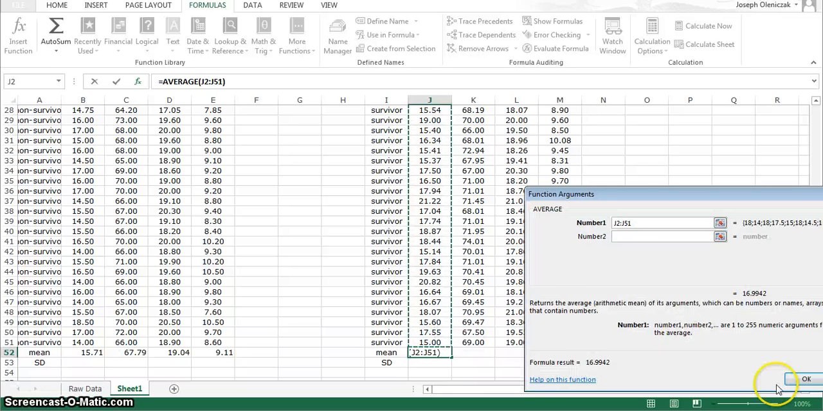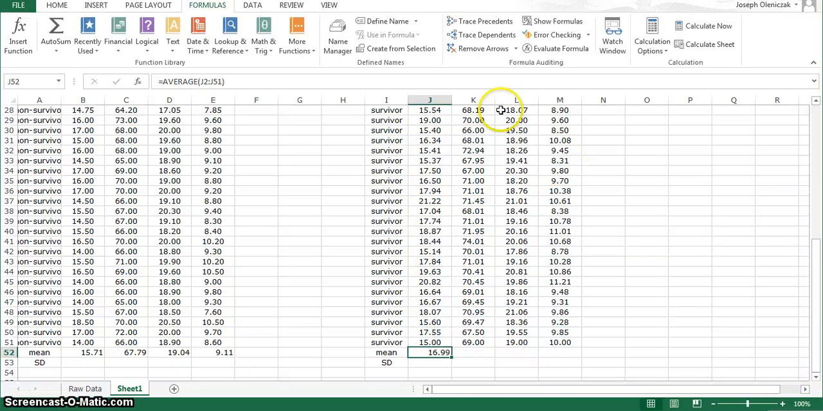J51. Now yours doesn't have to look exactly the same as mine. You may have different column headings, but this is how you would get it to calculate regardless. So just make sure that the letters and numbers of the cells match up with yours. Okay, so now that I have those values,